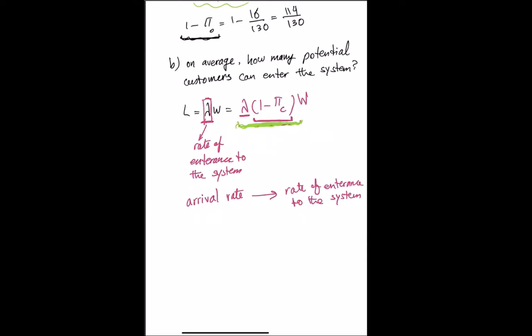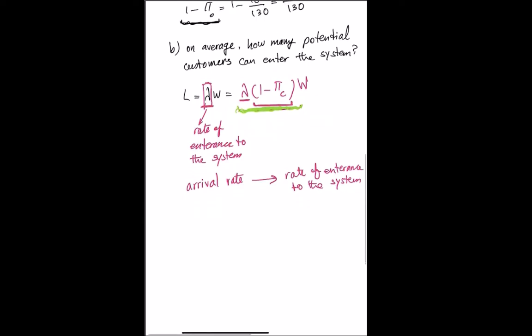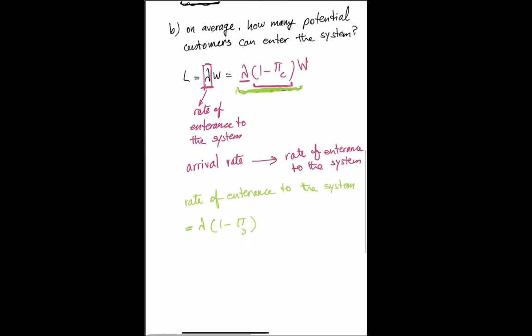Okay, so here you say on average, how many potential customers can enter the system? So obviously, that basically wants the rate of entrance to the system, and that means I have to calculate lambda multiplied by 1 minus pi 3, because the capacity of the system is 3. So lambda multiplied by 1 minus pi 3, and to calculate pi 3 equals to